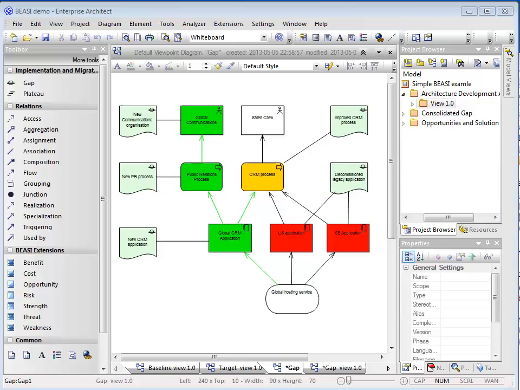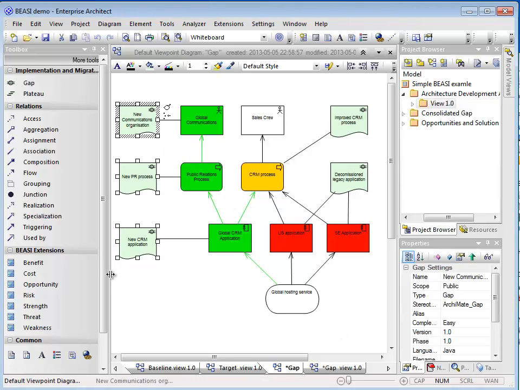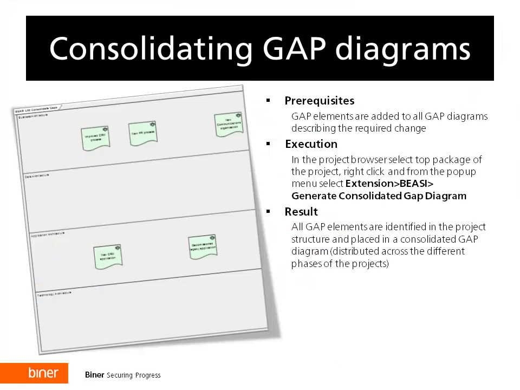Once all gaps are defined in all views, it is time, using TOGAF terminology, to consolidate the gaps. BEASI contains functionality to simplify gap consolidation. If you select a package in the Sparx project browser and from the BEASI menu select Generate Consolidated Gap Diagram,